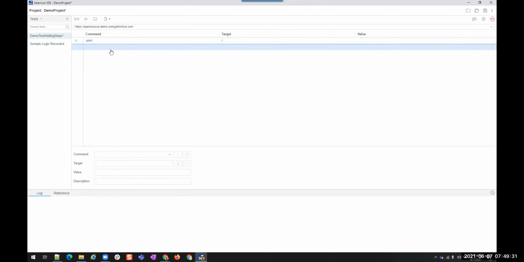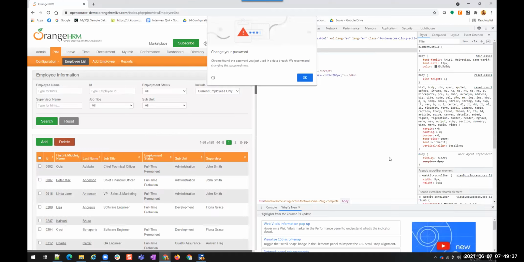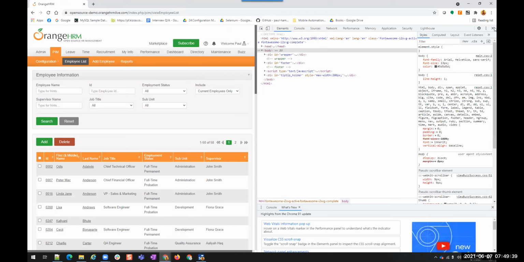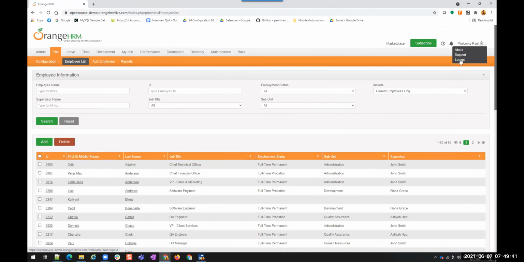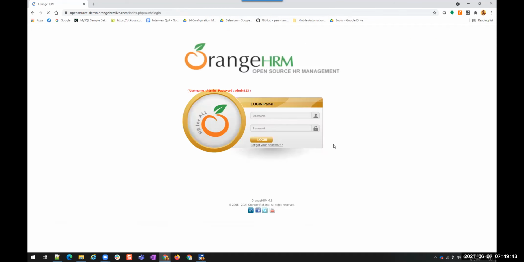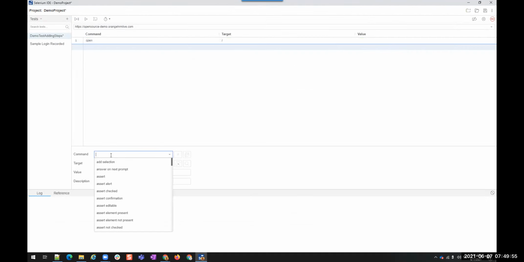Then after this, what do I want to do? I want to enter my username. For example, go back to this site again. Log out. I'm using the same URL. Once we get to this page, now what do we have to do? We have to enter the username on this, right? That means we have to type something here. Now our command is